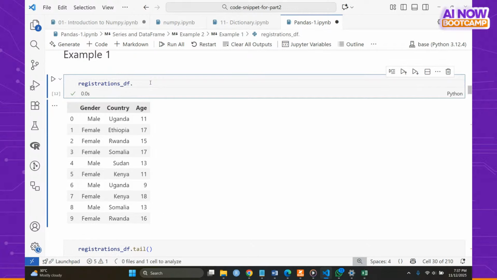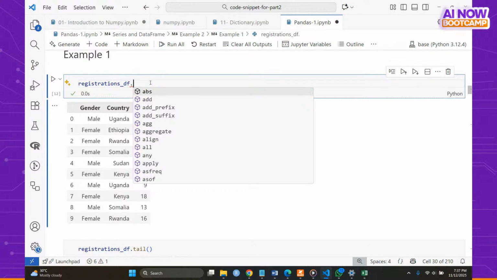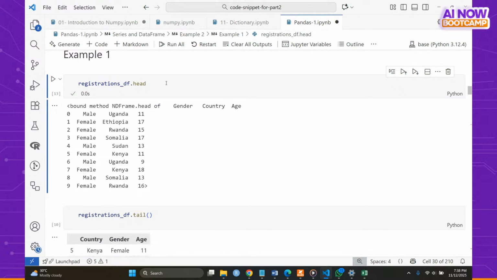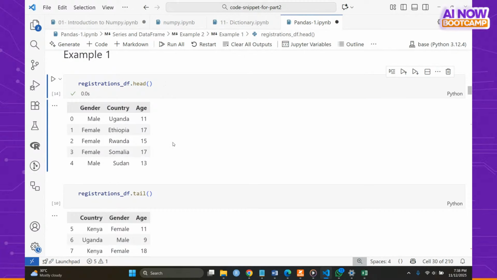Imagine you import a very large data set, about 200 million rows, and you want to see everything at once. Your computer will crash. There's no way it will not crash. That is why we have some attributes that will help us have a glimpse of our data. And one of them is dot head. And when you say dot head, it will give you the first